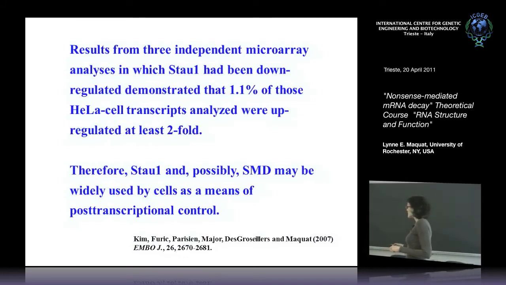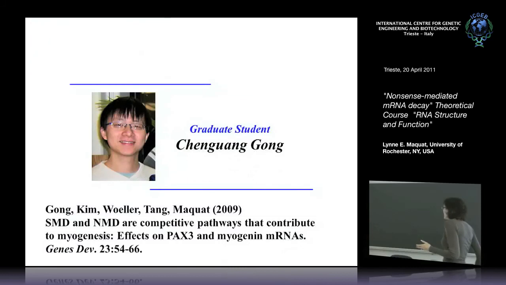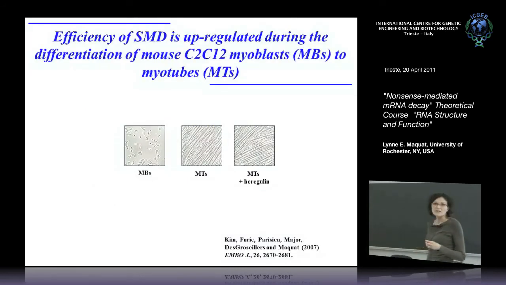Not all of these are necessarily direct SMD targets, but we know that a number of them are. I'm not telling you what they are, but that's okay. You don't really need to know. A lot of them are growth factors, like c-Jun, for example, and we'll talk about serpine-1, which is involved in cell motility. And then the last thing that Yoon-Ki did before he went and started his own lab at Korea